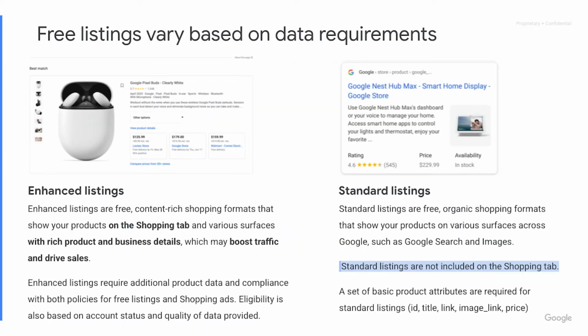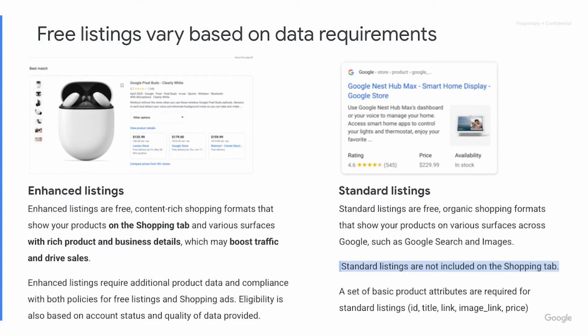Now for free listings, your products can appear across Google surfaces as either enhanced listings or standard listings, depending on the product data that you provide. Products that are eligible for enhanced listings will appear in content-rich formats such as the shopping tab and various surfaces.